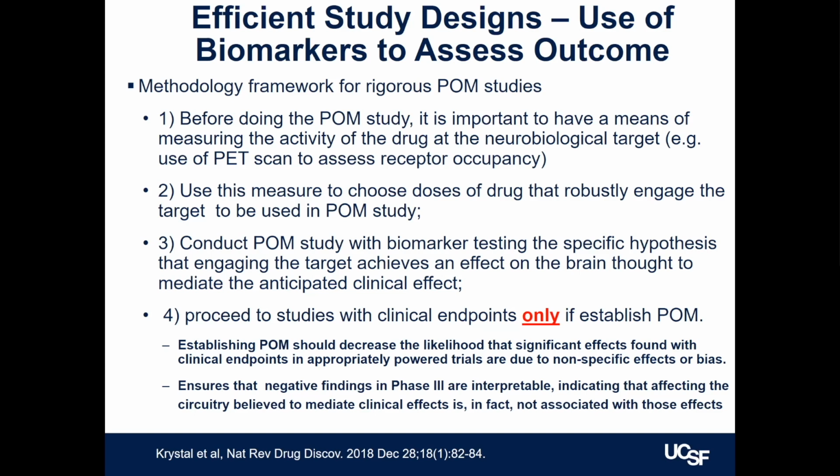And so you're basically walking back from the clinical to a place closer to the biology, that's sort of intermediary between the biological effect of blocking the receptor and the clinical effect. And the idea here is, if you have a model about how the drug is supposed to work in the brain, and you can't show that model is correct, you shouldn't go on to a study with a clinical endpoint where, if it's positive for any reason under the sun, you'd proceed. But if it's not positive, because it doesn't do what you think it does in the brain, your model is wrong and you need to go back to the drawing board.